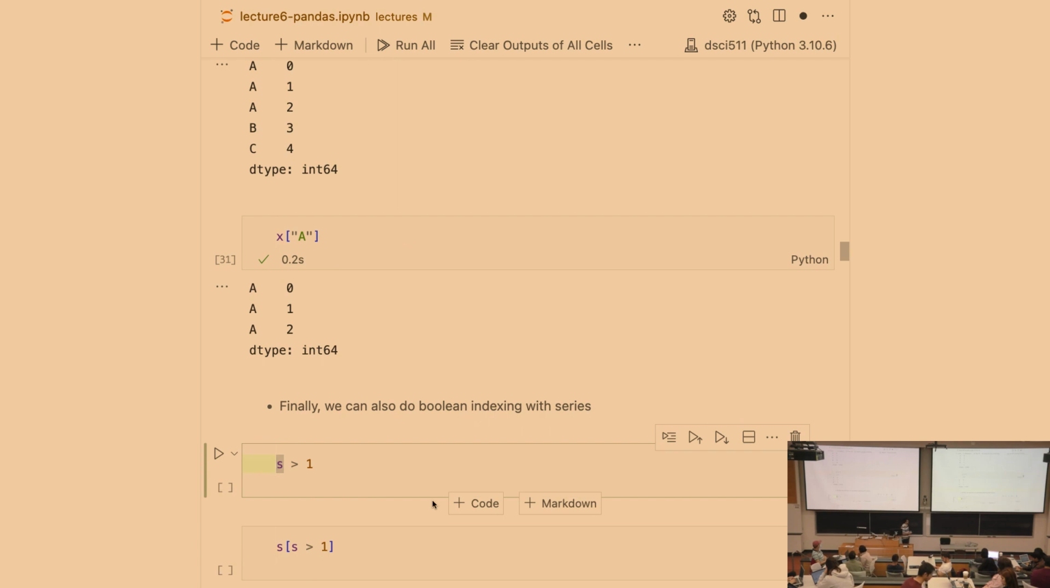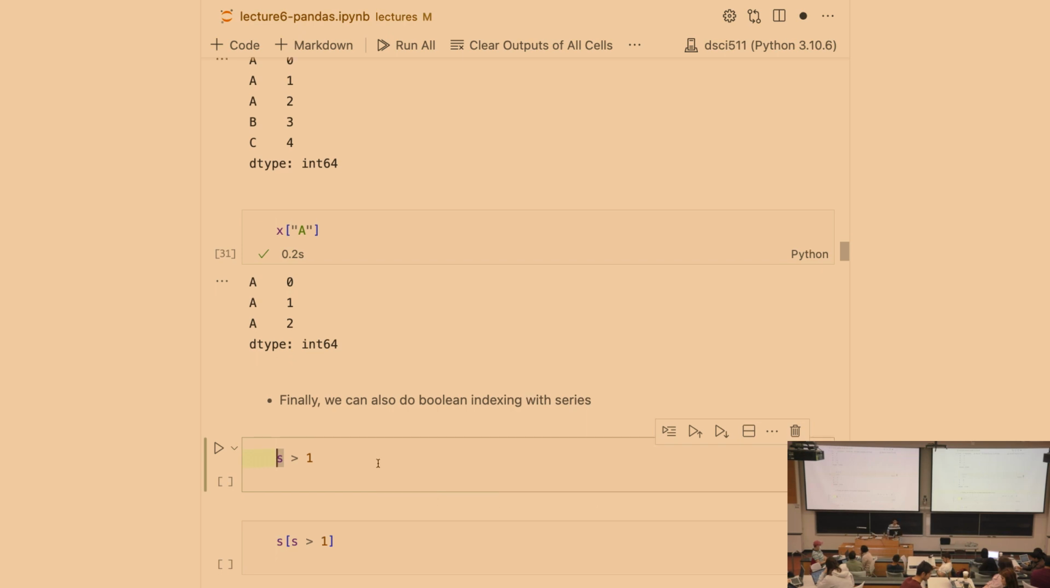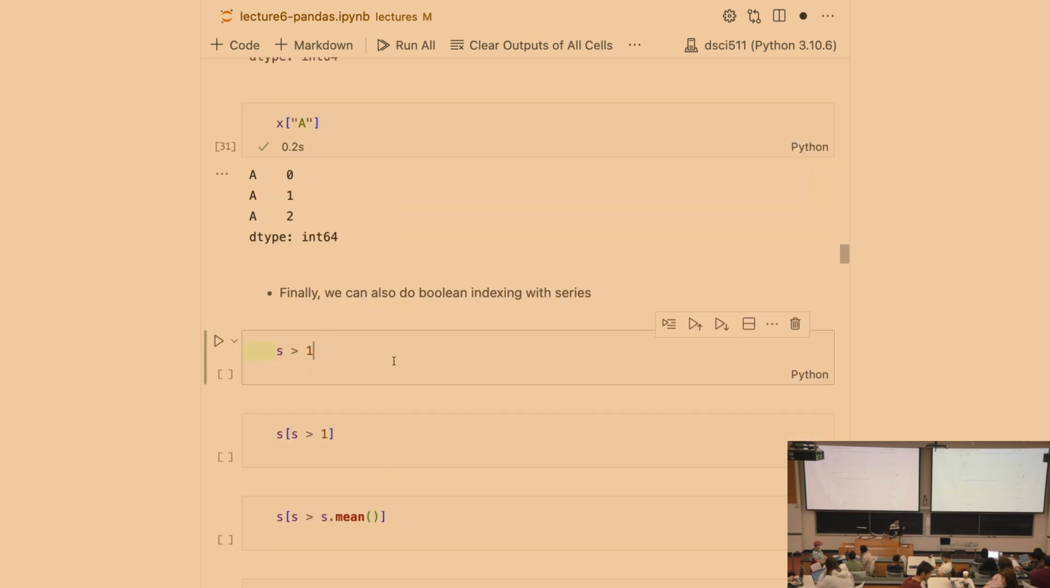And one other thing that we learned about in the last lecture is that we can also do Boolean indexing, meaning that we can use logical conditions such as this one, s greater than 1. It means look at s, apply this condition onto each item, and return a Boolean value to me inside of another series. So if I run this,